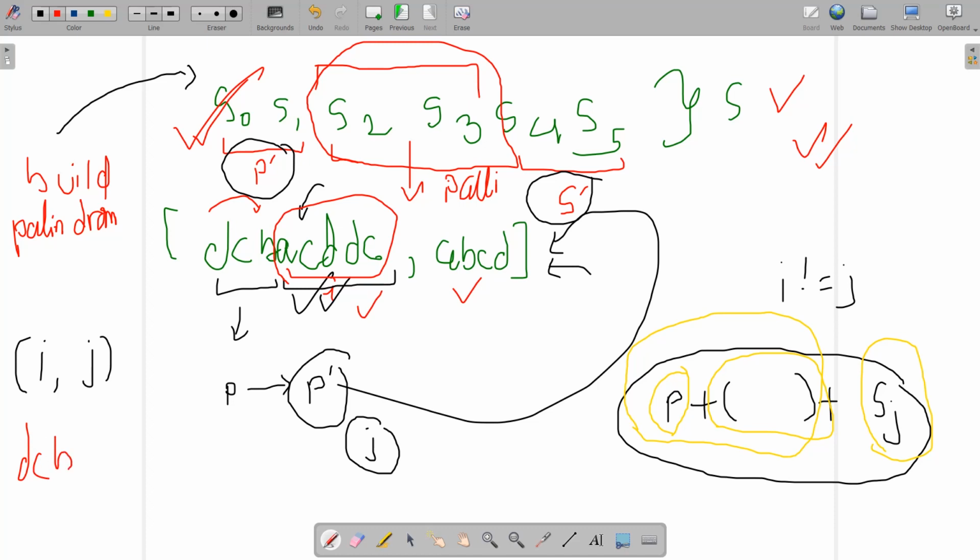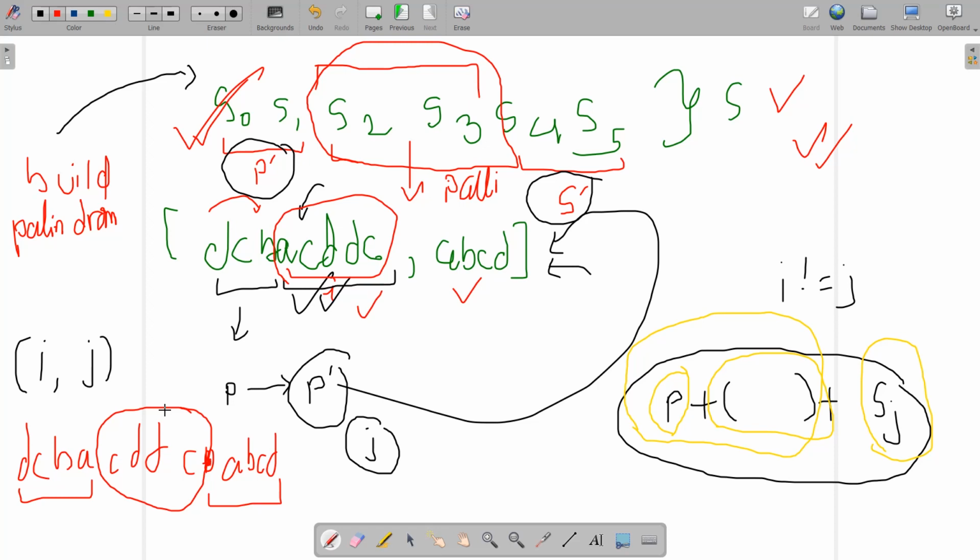dcba cddc plus abcd. You can see, if I concatenate this one, we'll remove the plus sign, and the prefix dcba is matching with this suffix, and the string lying between is a palindrome. So this gives me the idea that rather than checking the palindrome, try to build the palindrome, and it can be done only by checking all the prefixes.